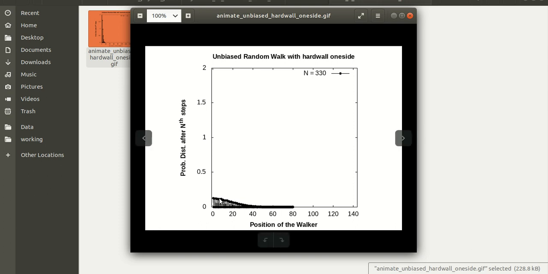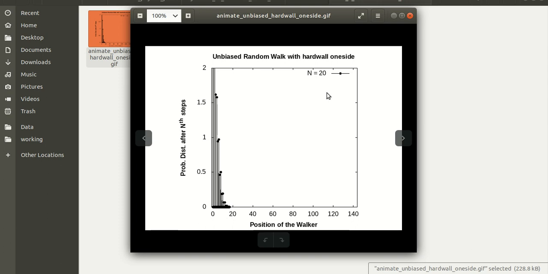Eventually it is decreasing its height, and its width is increasing. So at the 0th step, it is basically a delta function, because the probability of finding the particle at step 0 is basically 1. So it will be that x is equal to 0. But if we increase the number of steps, the height of the distribution will decrease, and it will eventually approach a Gaussian distribution, and we are getting the half side of the Gaussian because we have a hard wall at 0.